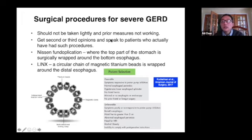Okay. Don't take this lightly. Get second or third opinions. This Nissen fundoplication is a little more invasive procedure, wrapping the top part of your stomach around your esophagus. This LINX procedure is a magnetic ring that they put around the bottom of your esophagus,